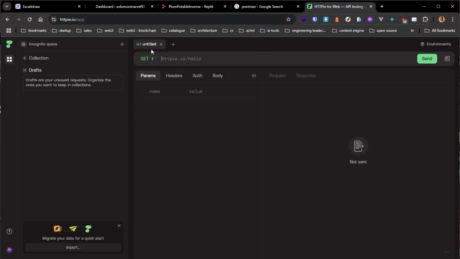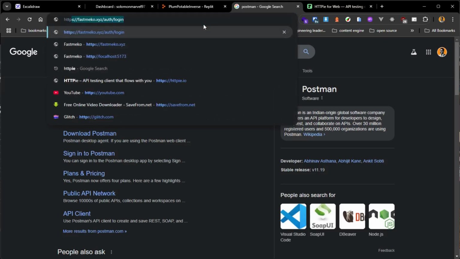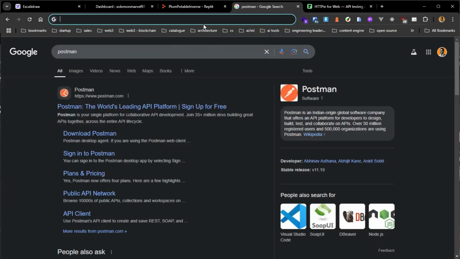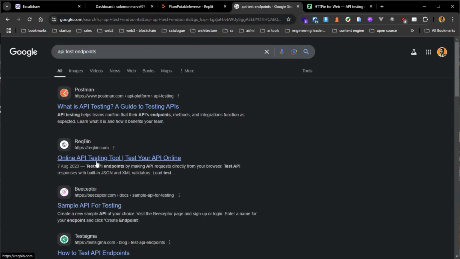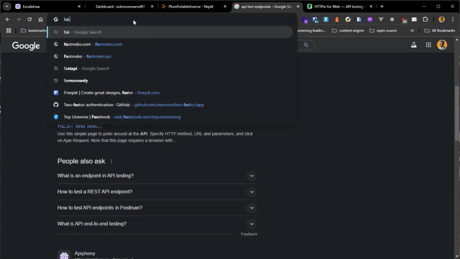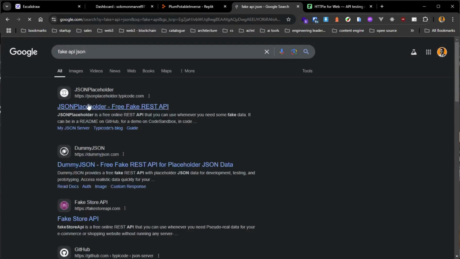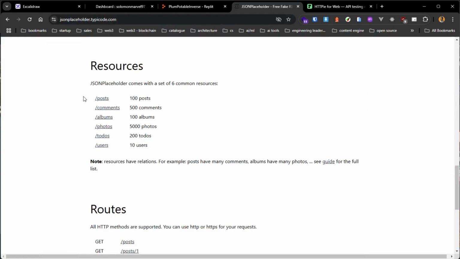So yeah, if I try to use GET, look at GET here. If I go to a place like... I keep forgetting the name. API test endpoints, online API testing tools. So it's just showing me some API testing tools, but there's a fake API. Okay, let's see, fake API JSON. Yeah, JSONPlaceholder. Okay, so if I call JSONPlaceholder, you see we have some mock endpoints such as getting